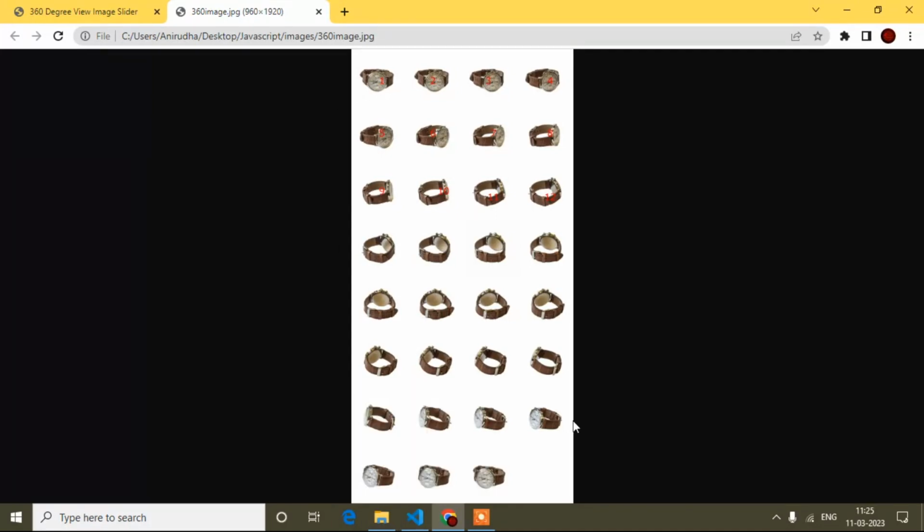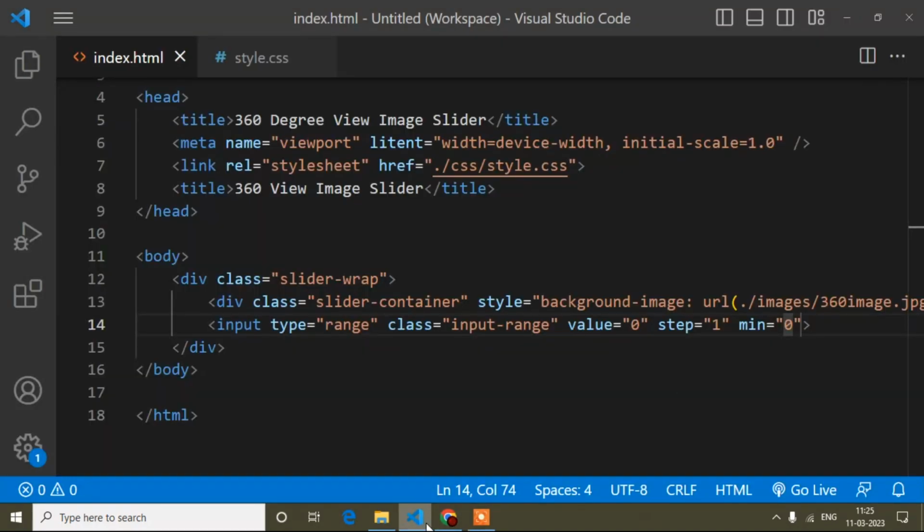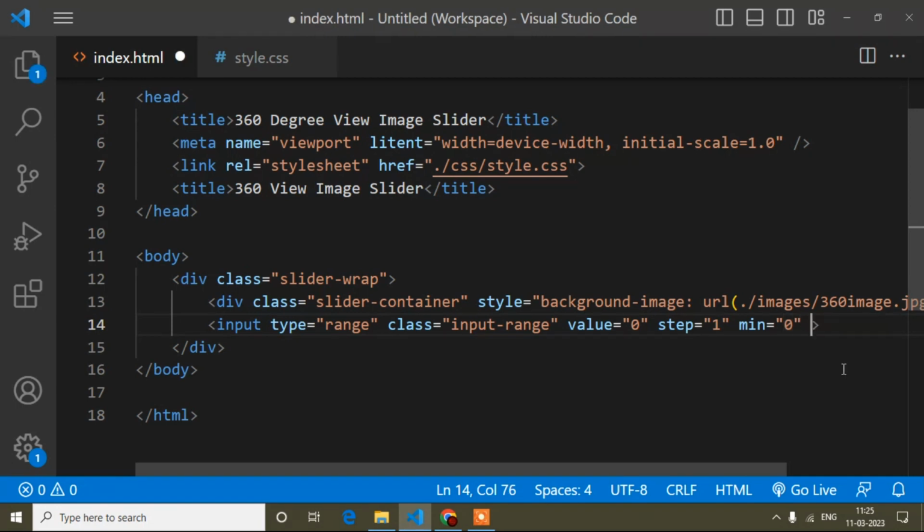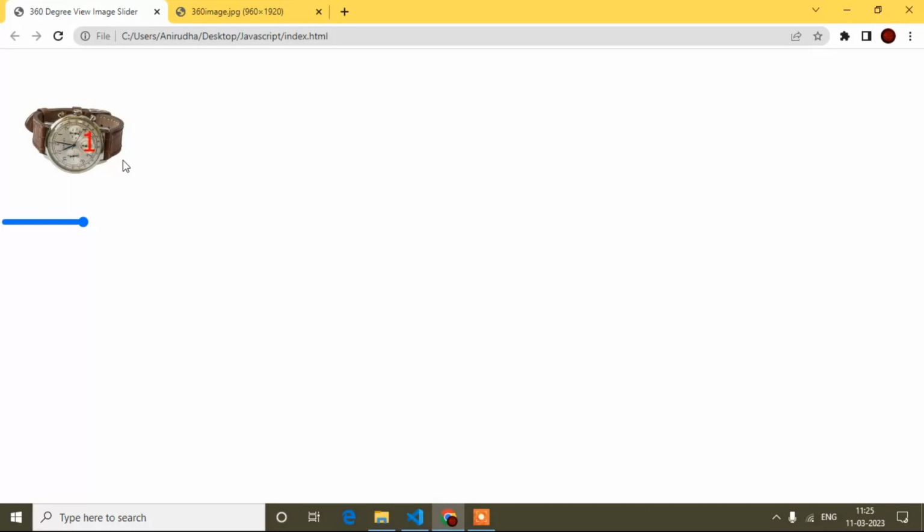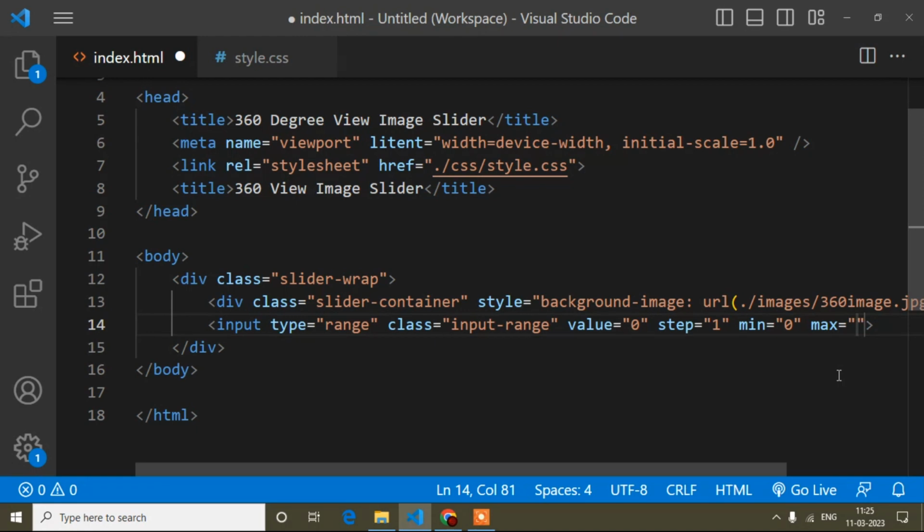But if you notice, in the last row one image is not there, so 32 minus 1 is 31. And the first image is already displaying, so the range slider will go up to 30, not 31, because the first is already displayed.